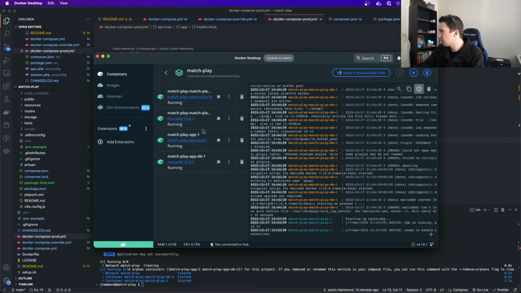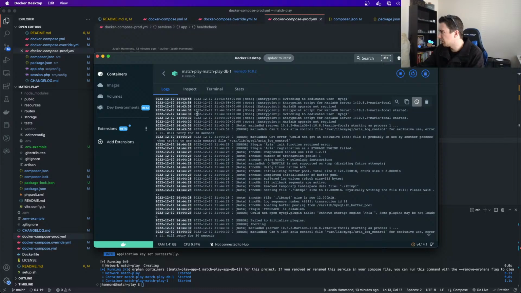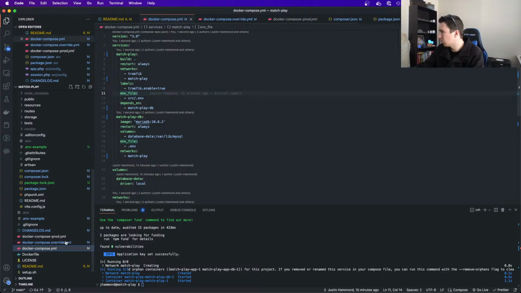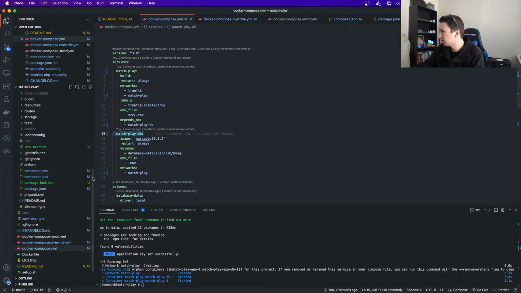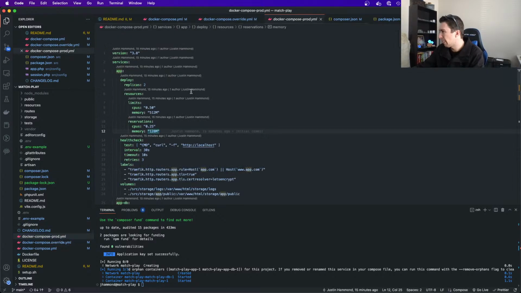It is running. I think it's running the production version. I don't know why, because it should only be running one copy of the website, not two. It runs two in production for redundancy, but yeah, locally.